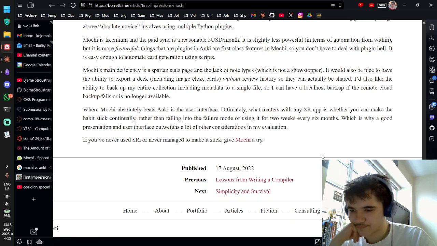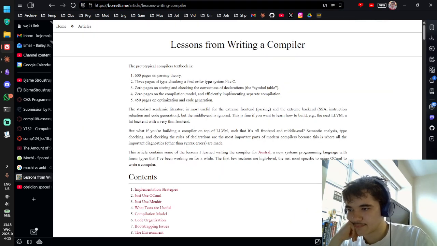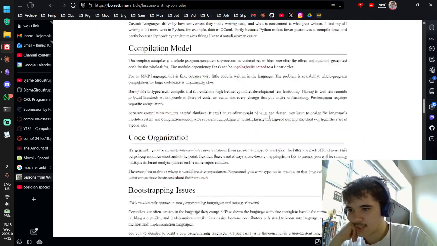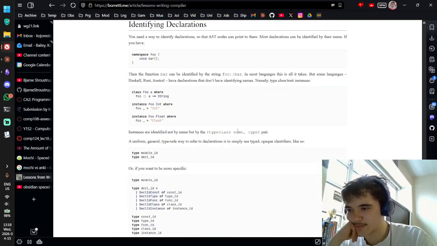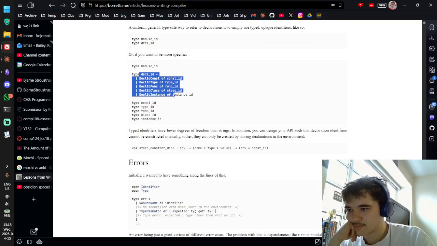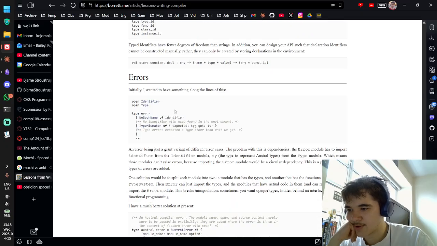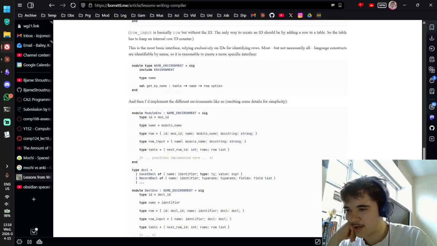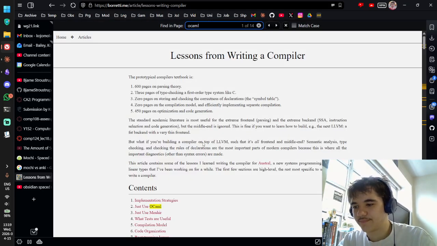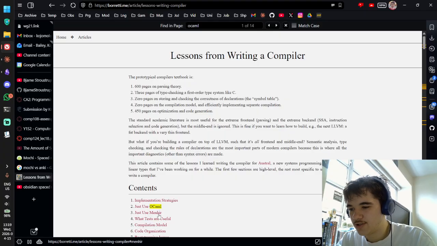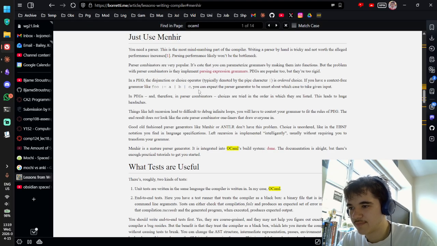No. God damn. What do they use for a parser? Is this OCaml? Is it OCaml? Yeah. Just use OCaml. Just use Menhir. Anyway,